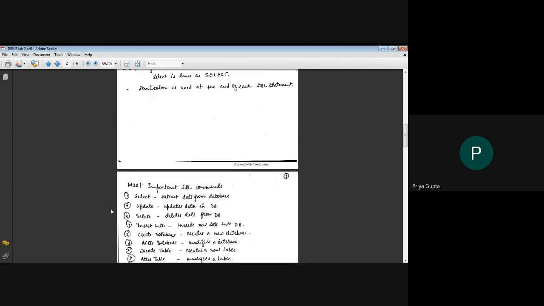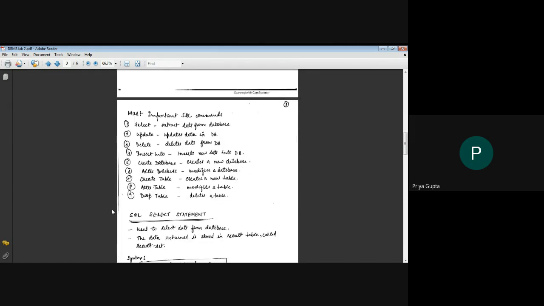Now there are some major commands by which we create a table, update or insert data in the table, and delete a particular data or a table. SELECT is used to extract data from the database. UPDATE is used to update data in the database.